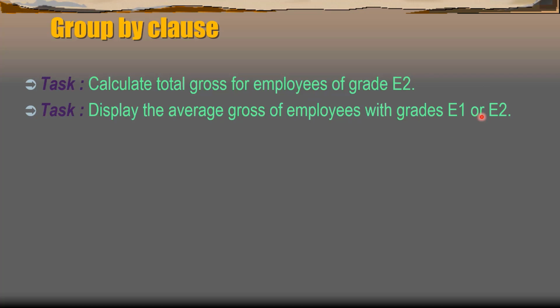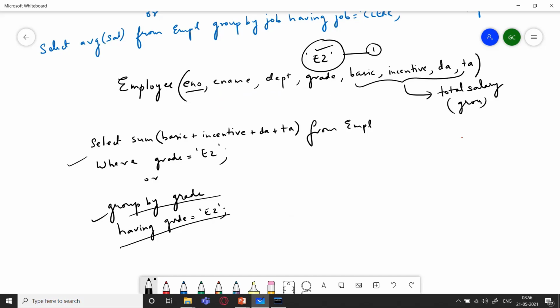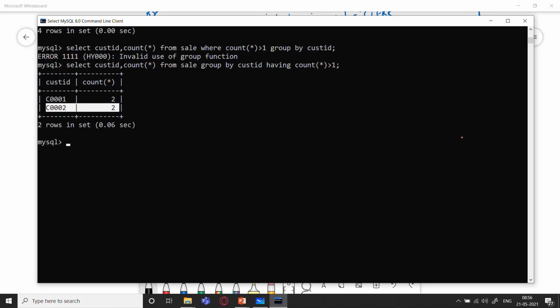That is, now see, if I consider this as a part of where, let us first solve this using the where clause. So we want average gross of the employees. So let us take the EMPL table only. So select AVG gross. We don't have gross, we will take salary only over there because gross is also a monetary value only.